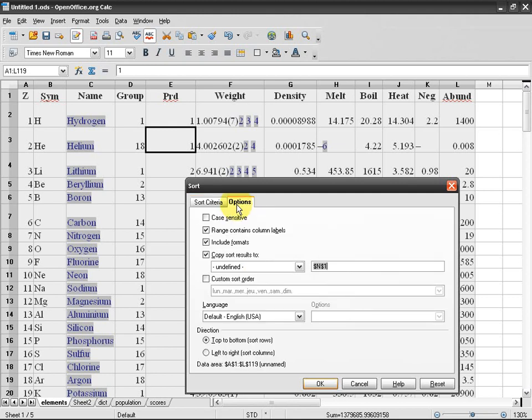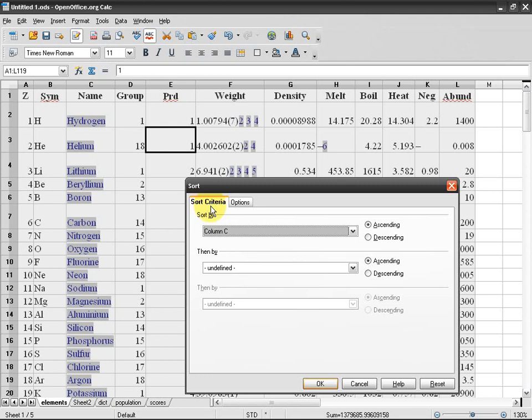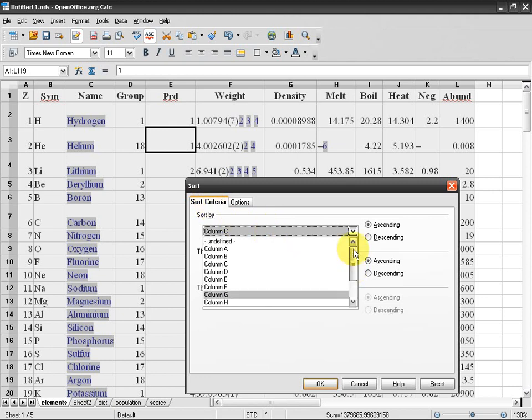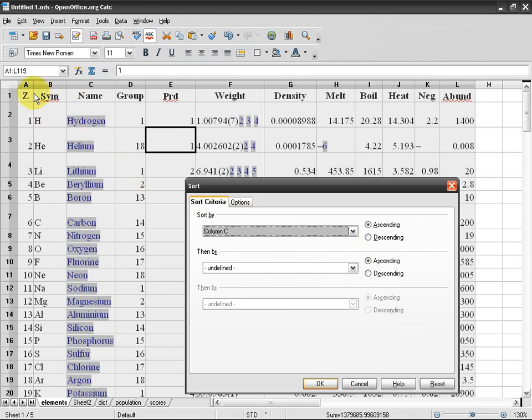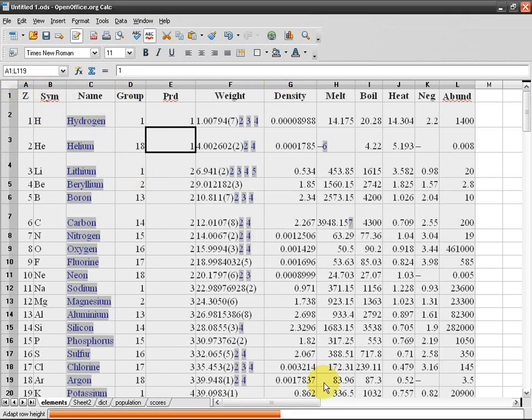Then options, you can see that range contains column labels, so the first row is going to be considered as the label for each column. If this is deselected, this is what happens. Sort criteria, and we have column A, B, C, D. At the same time, this line is going to be considered as data. So if I do something like this,